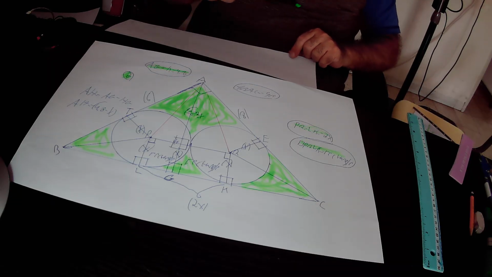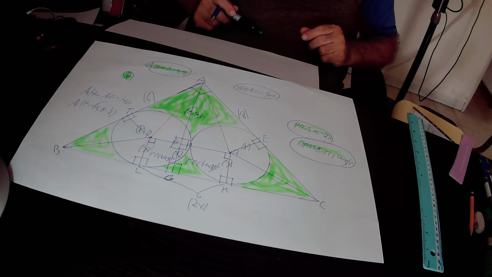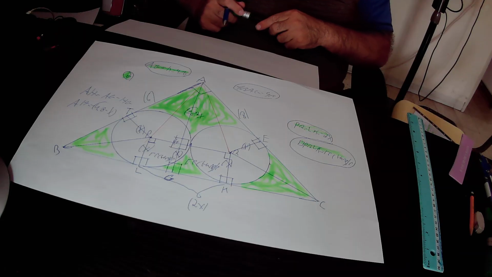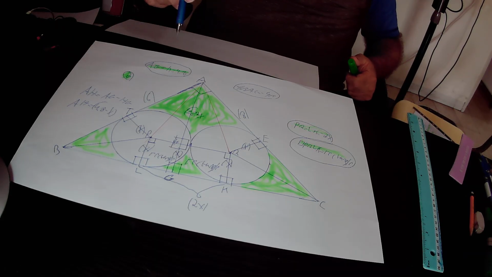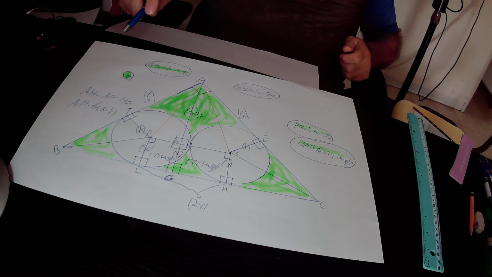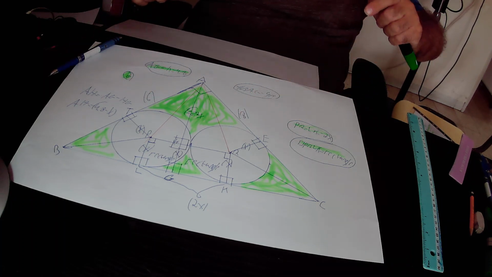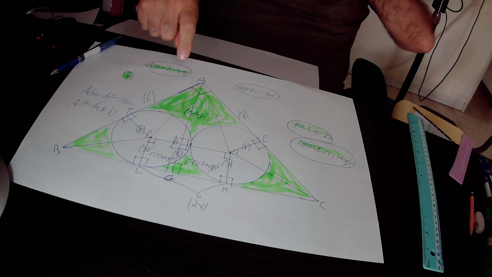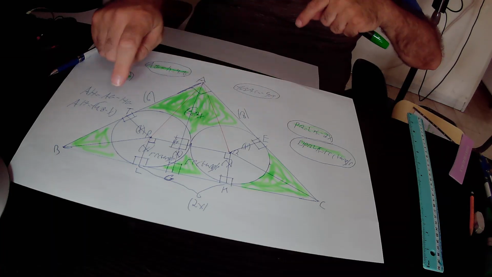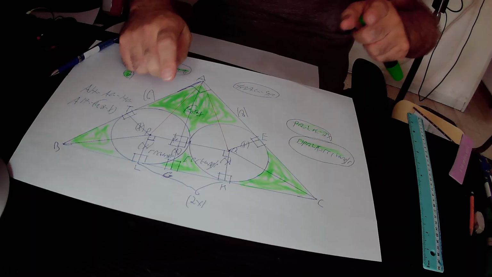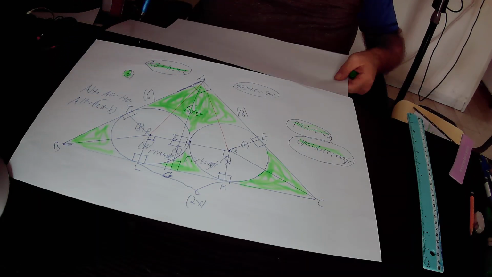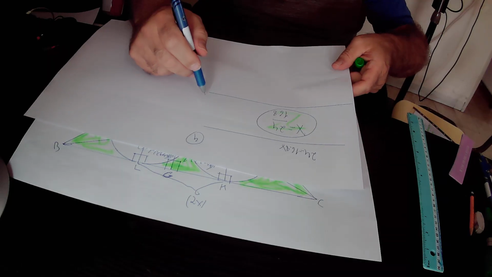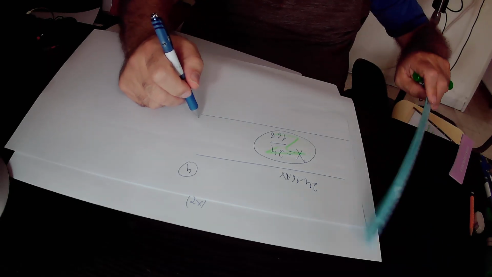Our task is to find the area of this green shape. From the drawing, it is very easy to see that the area of this green shape equals the area of the big right triangle ABC minus the sum of the areas of those two circles. So write it down: the area of the green shape, the area we are looking for in this question, must be equal to